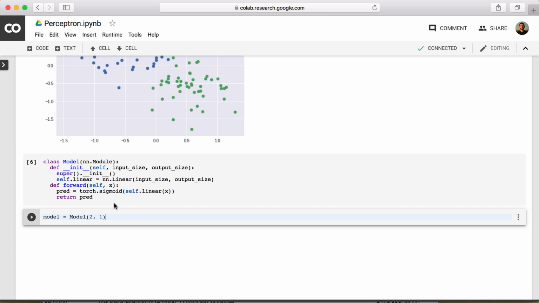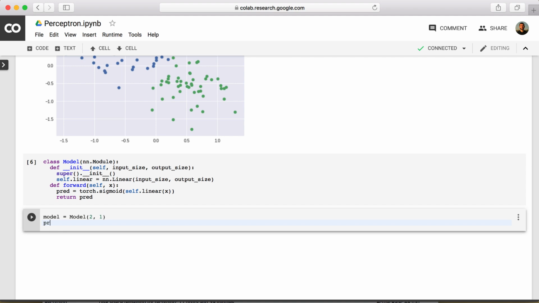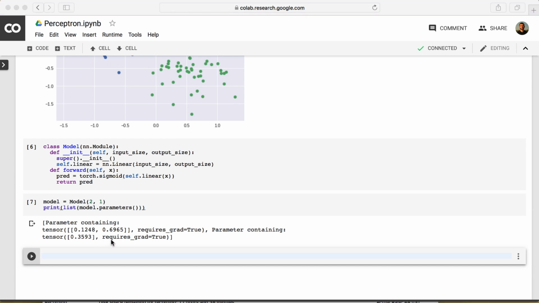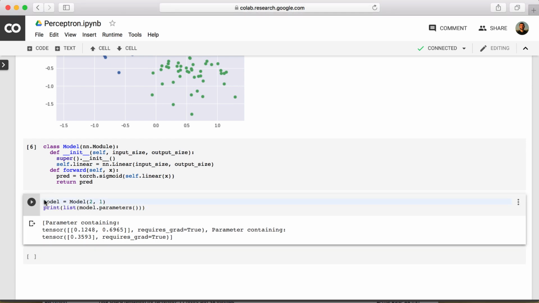Let's print out the random weight and bias values that were assigned to it. We do this by printing model.parameters, and we will print it as a list to better see the results from this output. All right, running it. Here are our parameters,